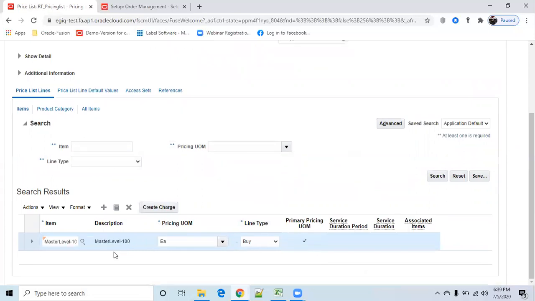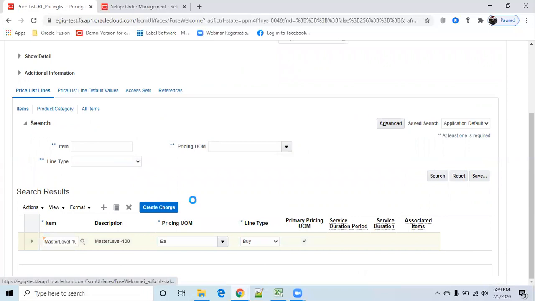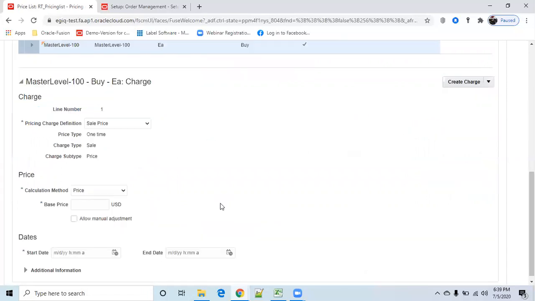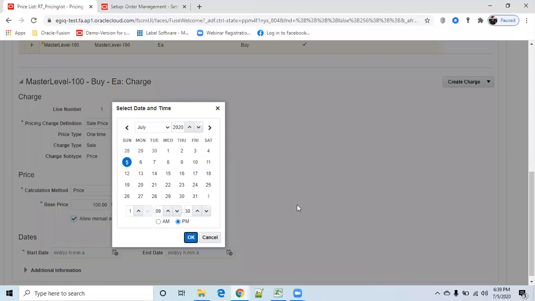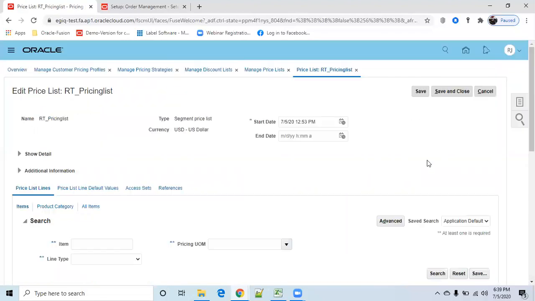So after selecting this, create a charge. So base price is something $50, or I will keep as 100 and allow adjustment. Yes. So what is the starting date? 5th. Okay.